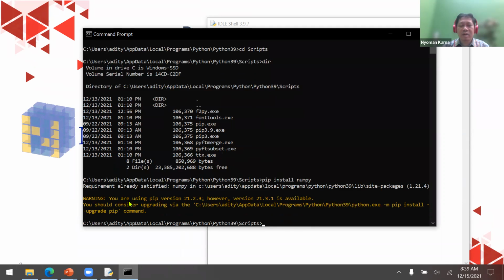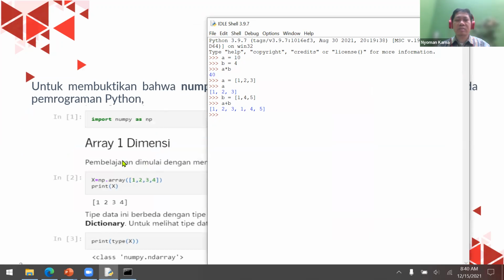It will give a message that the requirement is already satisfied, meaning that I've already installed numpy. But if you haven't installed numpy, then it will download the numpy module and try to install it. But in this case, on my laptop, I already installed numpy. So if I want to use numpy, I can just call import numpy.